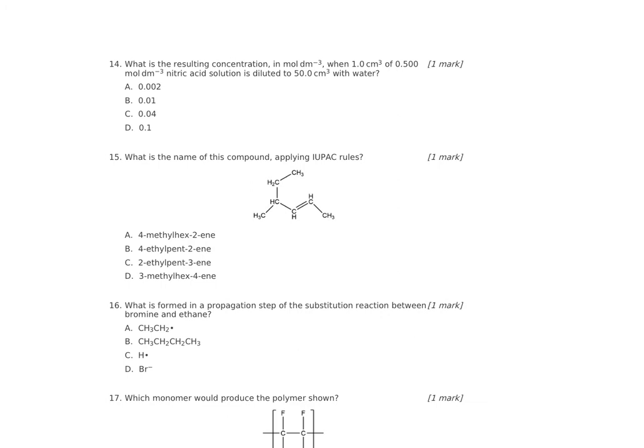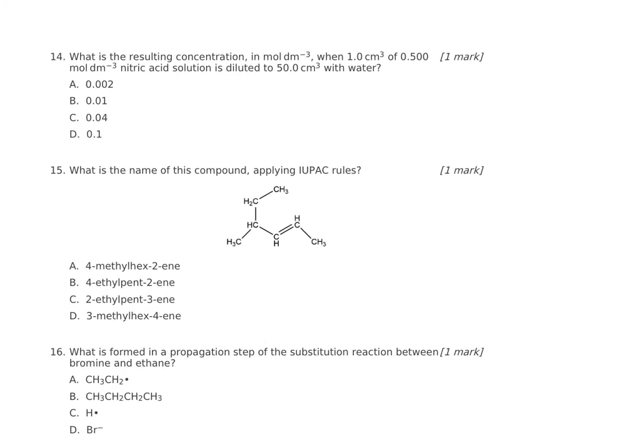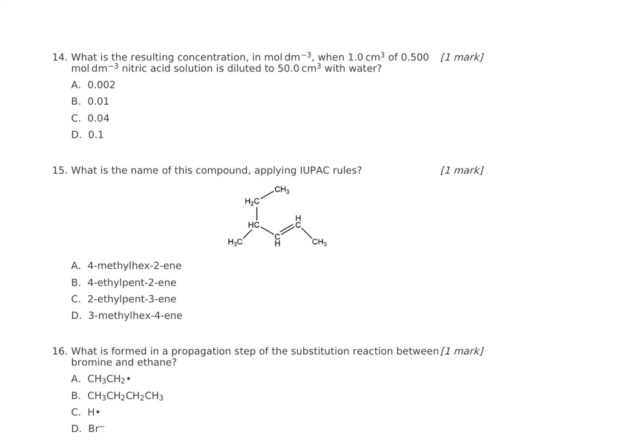14, what is the resulting concentration in moles per decimeter cubed when 1 centimeter cubed of 0.5 mole nitric acid is diluted to 50 centimeter cubed with water? Okay, so we're using our C1V1 calculation here. So that might be what you start with, and that's what you want to get. For example, we start with 1 centimetre cubed